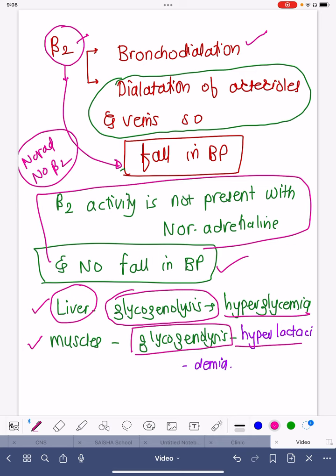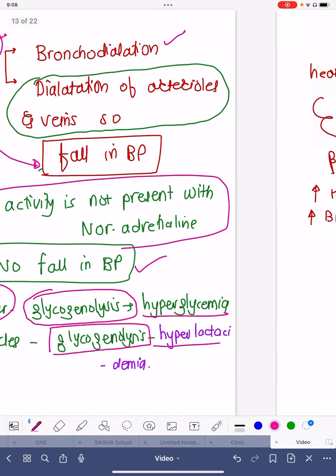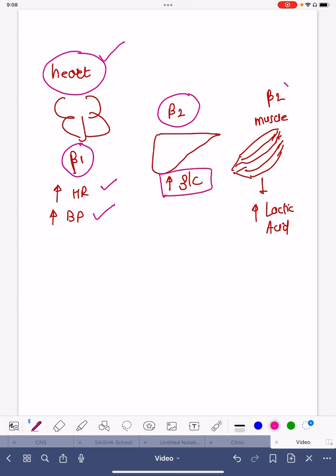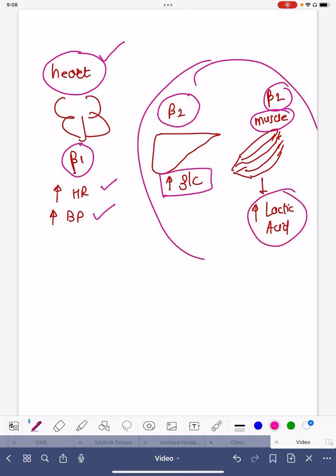So as there is no beta 2 activity of noradrenaline, there is no hyperglycemia, there is no hyperlactic acidemia per se. So this is in short the beta 1 activity, which actually these receptors are present on heart, which increase heart rate, increase blood pressure. Beta 2, they are present on liver, which causes increased glucose, and beta 2 are also present on muscles to cause increased lactic acidemia. But these beta 2 components are not seen with noradrenaline, whereas these